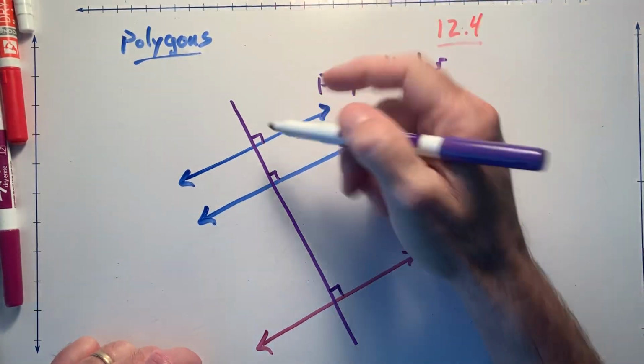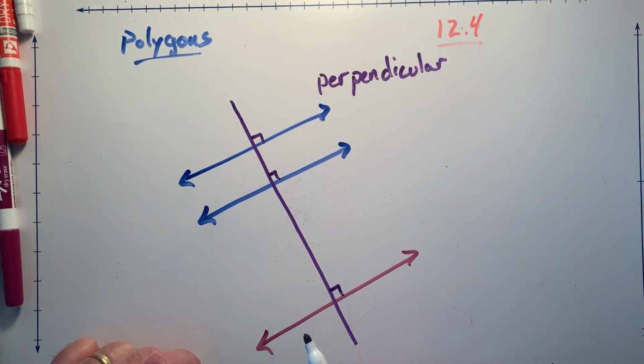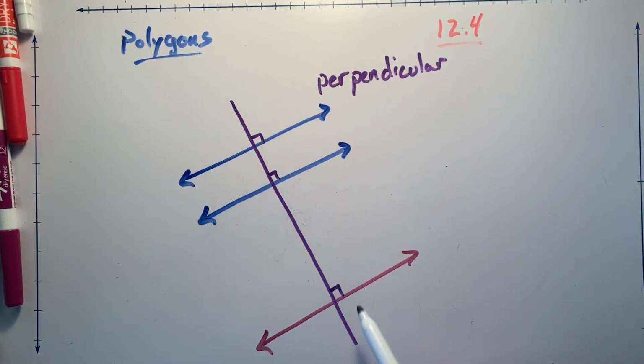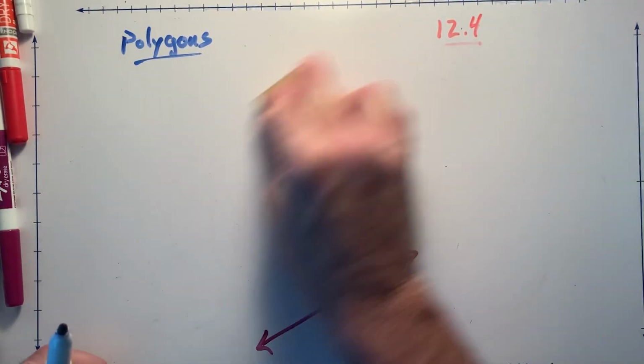Okay, so we have our right angles and perpendicular. That's also going to be important with some of our shapes that we have. So we have intersecting lines. These are intersecting lines here. Perpendicular lines do intersect. They just happen to be special intersecting lines. Okay, so tonight they're going to be looking at some different shapes